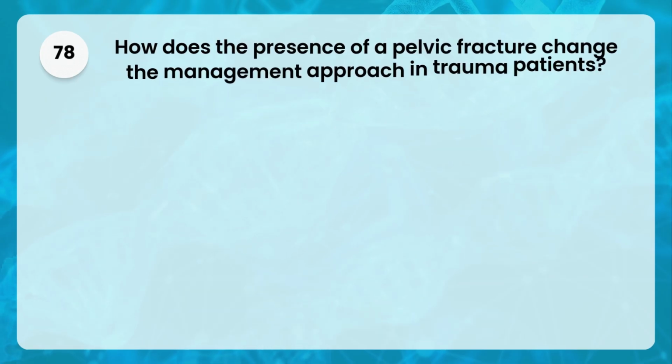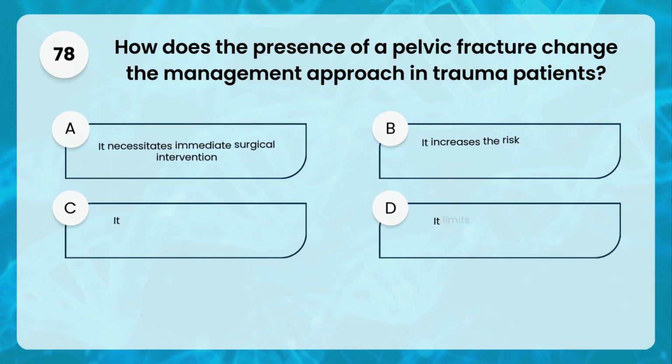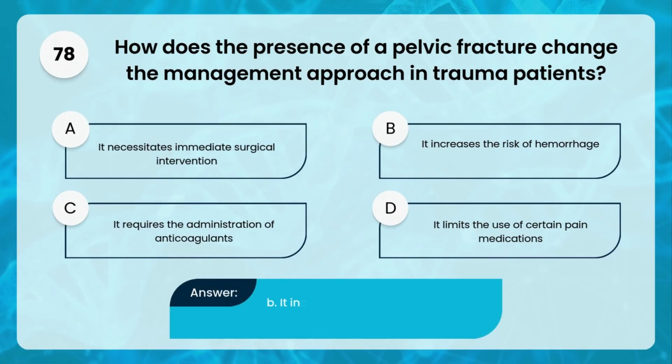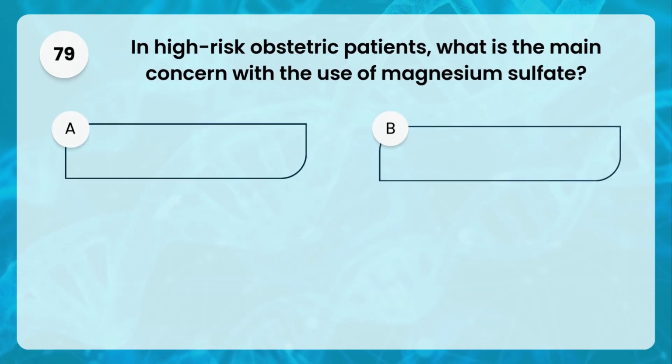78. How does the presence of a pelvic fracture change the management approach in trauma patients? A. Necessitates immediate surgical intervention. B. It increases the risk of hemorrhage. C. It requires the administration of anticoagulants. Or D. It limits the use of certain pain medications. The answer is B. It increases the risk of hemorrhage. 79. In high-risk obstetric patients,